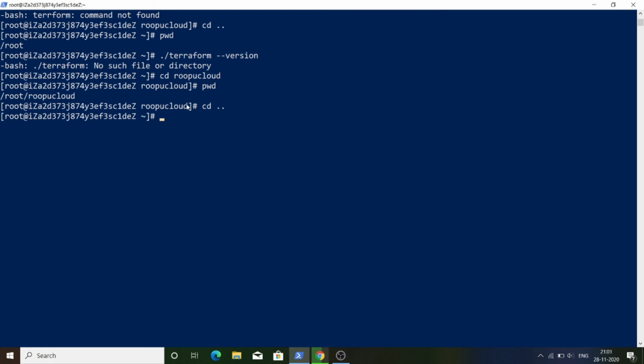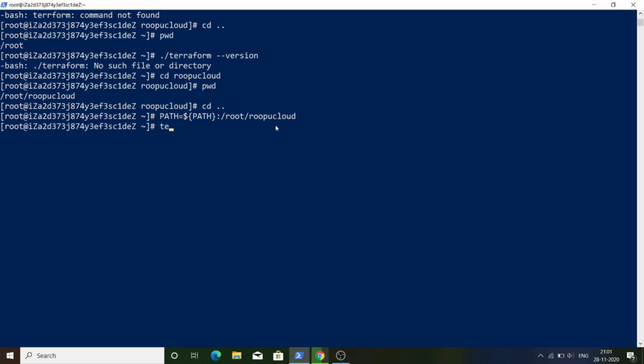Now you have to give the path. For that you type the command PATH equals dollar PATH colon and the location of your Terraform, whatever you have copied, and press enter.